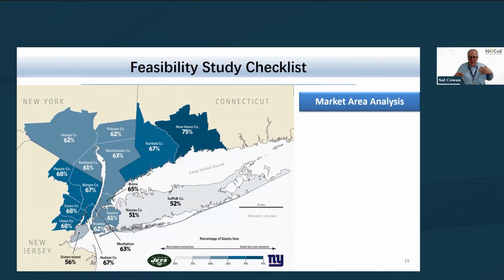So this is one of the interesting things that we've learned: you get an idea of where the team fans come from. North Jersey, particularly Giants. You've got a lot of fans in upstate New York, lower Hudson Valley, and a lot of them coming from Long Island. I have friends that live on Long Island. They drive all the way from Long Beach and Nassau County all the way to Jets games.